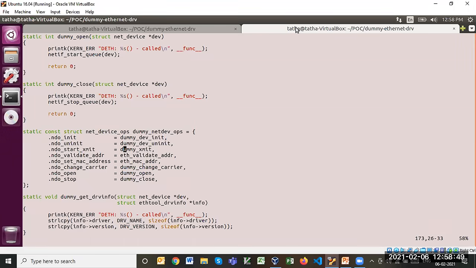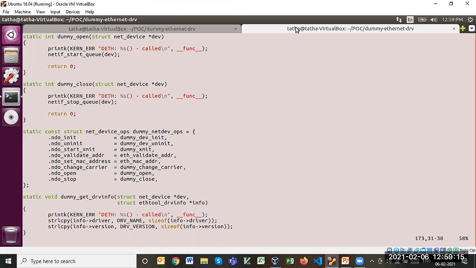Then it checks the net device linked list and finds which net device instance has the interface name deth0. Then it calls the corresponding ndo_start_xmit function, and that means this dummy xmit will be executed.